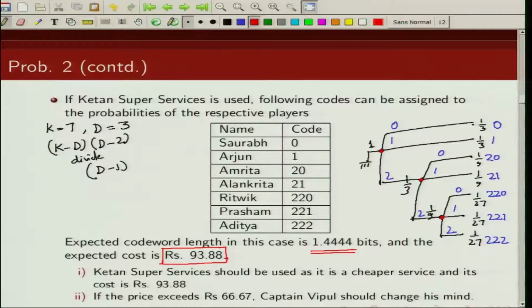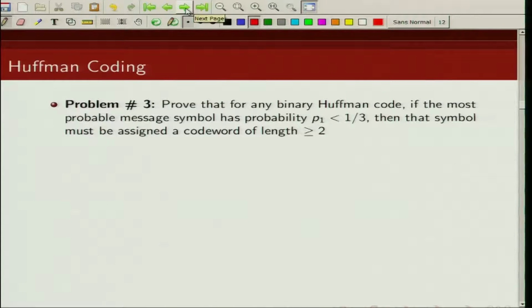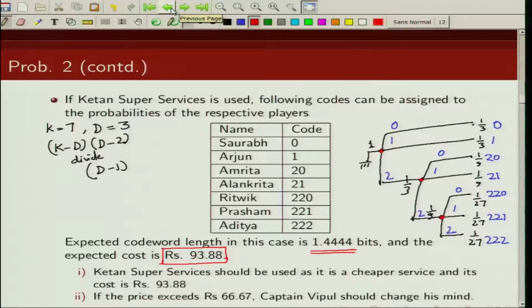93.88. And what was the cost for Ajit Speedy Post? It was 96.3. So that is more. So Ketan Super Services is cheaper. So Vipul is going to use